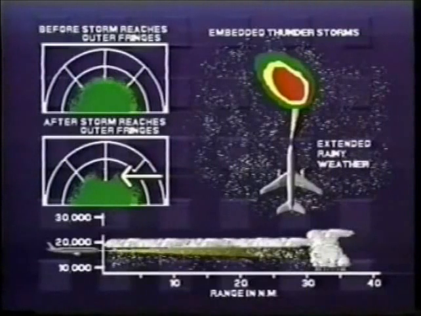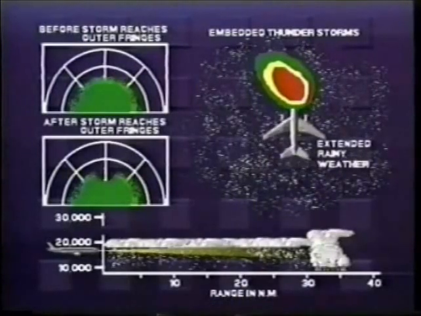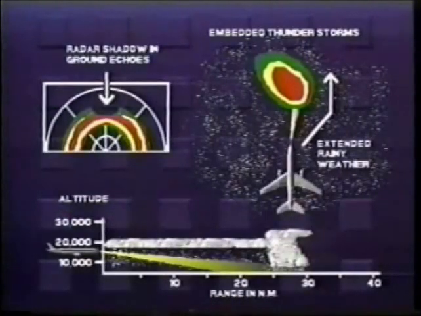Seeing this presentation, you might not realize that the crescent shape of the outer edge of the weather pattern is the result of a thunderstorm attenuating the signal and creating a radar shadow. If you mistakenly interpret that area as a clear zone, you will probably make the wrong decision to fly toward it. If, on the other hand, you adjust the radar tilt to direct the beam toward the ground, you will